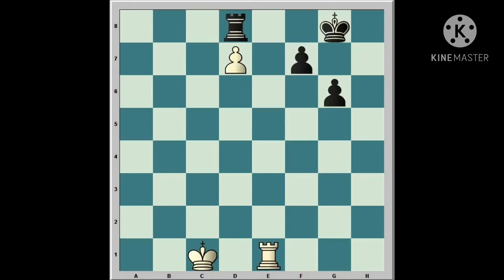Here in this position, the black rook is blocking the 7th rank pawn. In this type of position, with the help of other pieces or tactics, the pawn can be advanced to the 8th rank. So here, white played rook e8 check. If black moves to king g7, then rook into rook wins easily. Suppose he plays rook into rook, then pawn into rook, and your new queen can be taken.